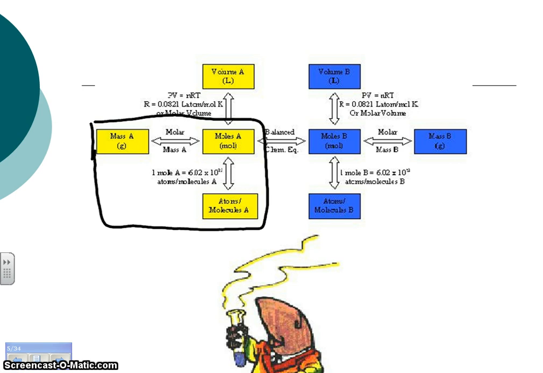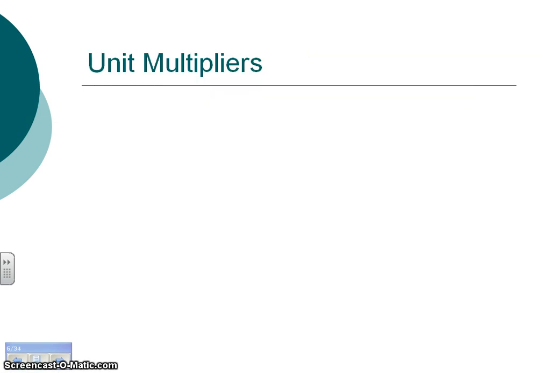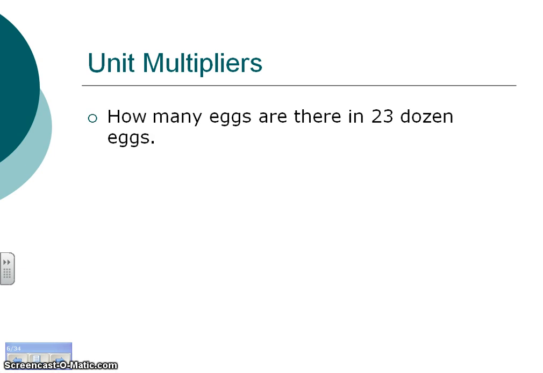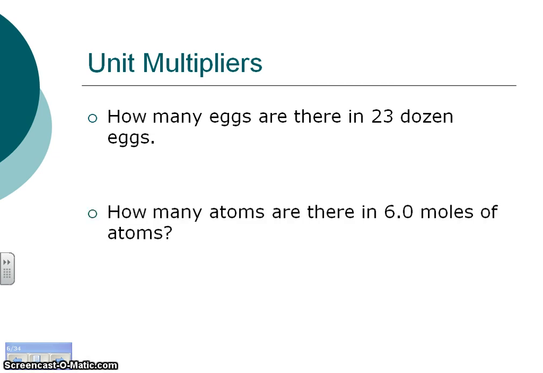And the way we're going to use the mole map is just using a series of unit multipliers. Now, we've talked about unit multipliers in chapter 2. Now we're going to bring them back and we're going to look at some unit multipliers here. So if we were to try to determine how many eggs there are in 23 dozen eggs, we'd set up a unit multiplier. So we'd set it up where we'd have 23 dozen